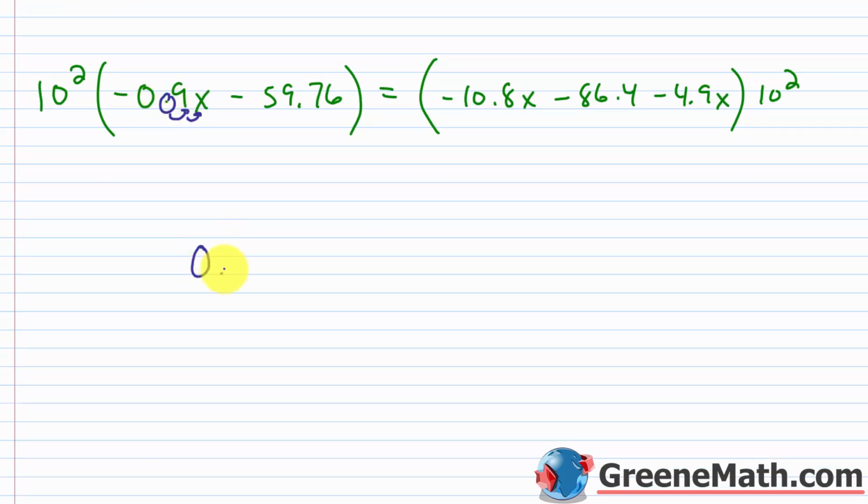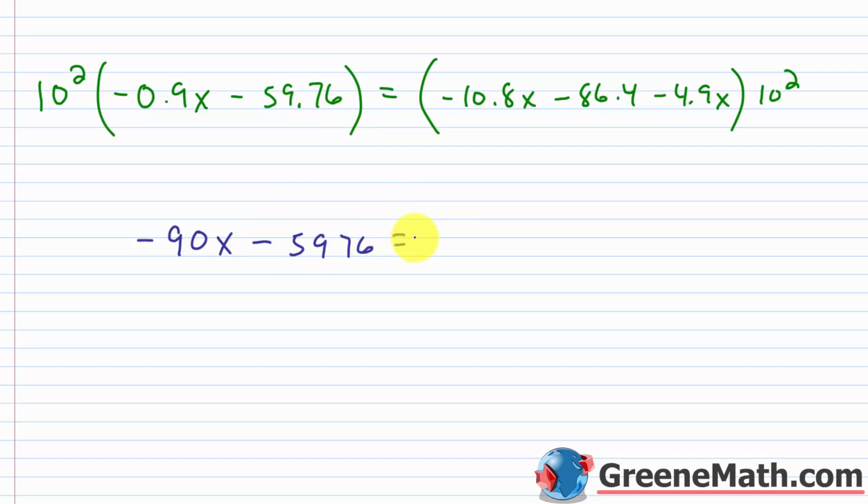So if you had 0.9, forget about the negative for a second, and I move this 2 places to the right, I'm going to end up with the number 090. The 0 in front of the 9 doesn't add any value. It's just 90. So because it's negative, I'm going to have a negative 90 and then x. Then minus. This guy goes 2 places to the right. I get